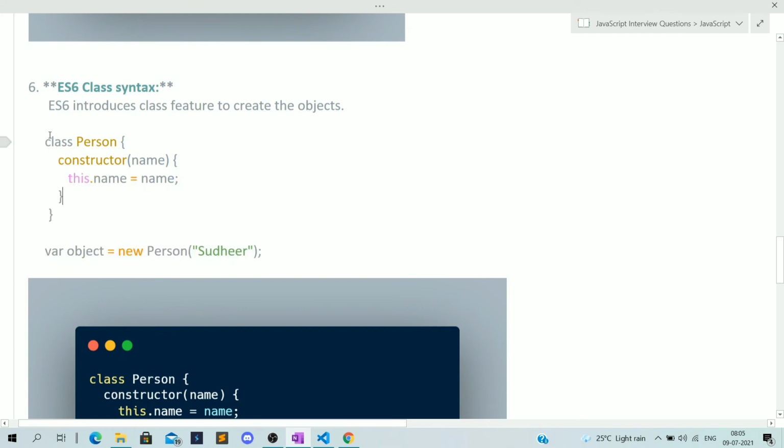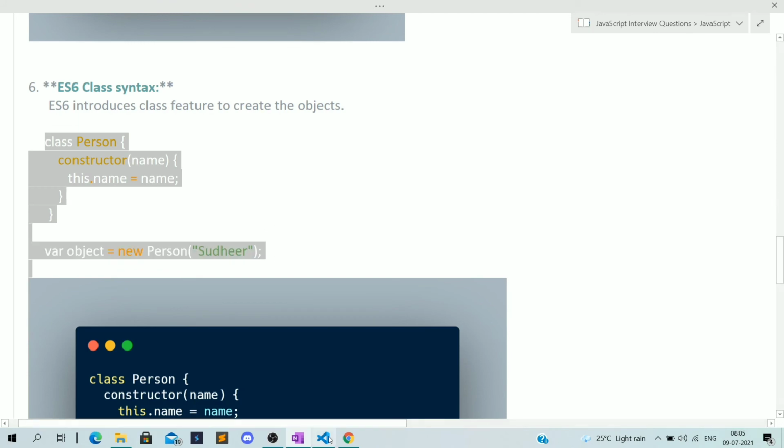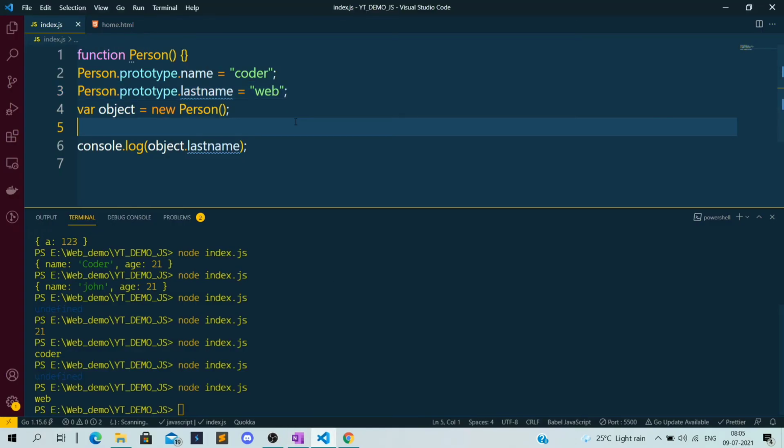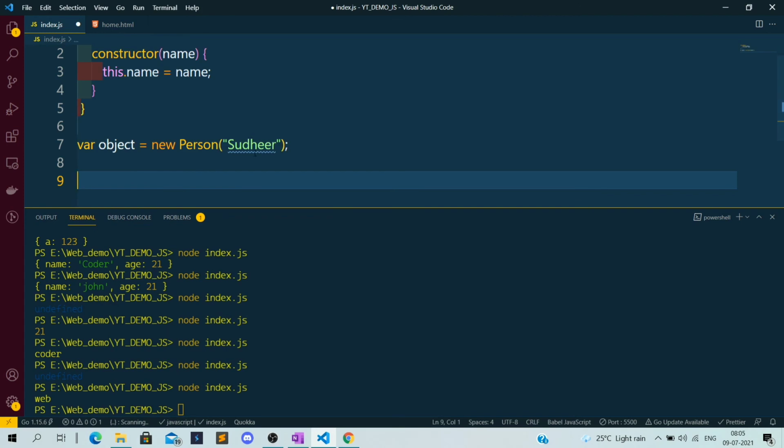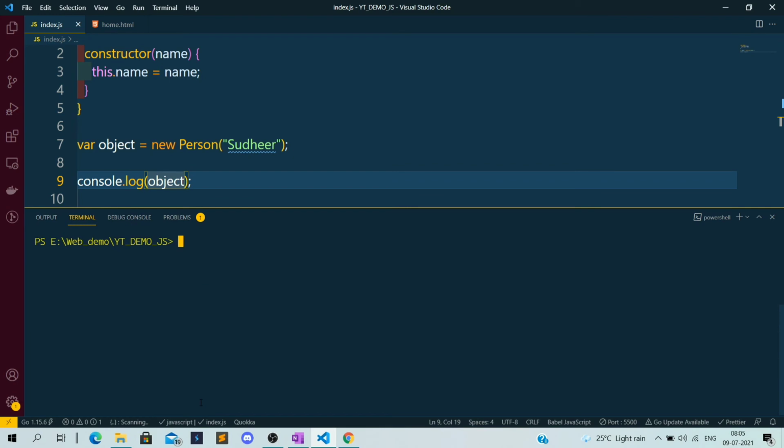So let's see this in action in VS Code. Now we print object. Okay, it will print the Person, the name we have, Sudhir.